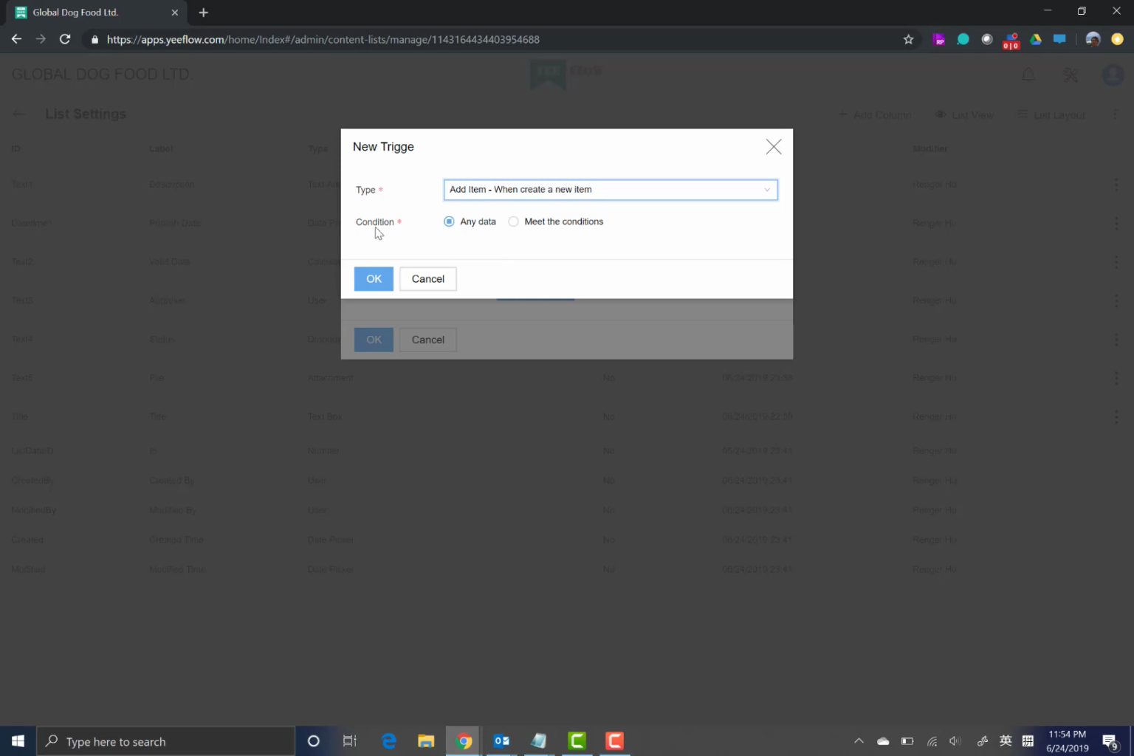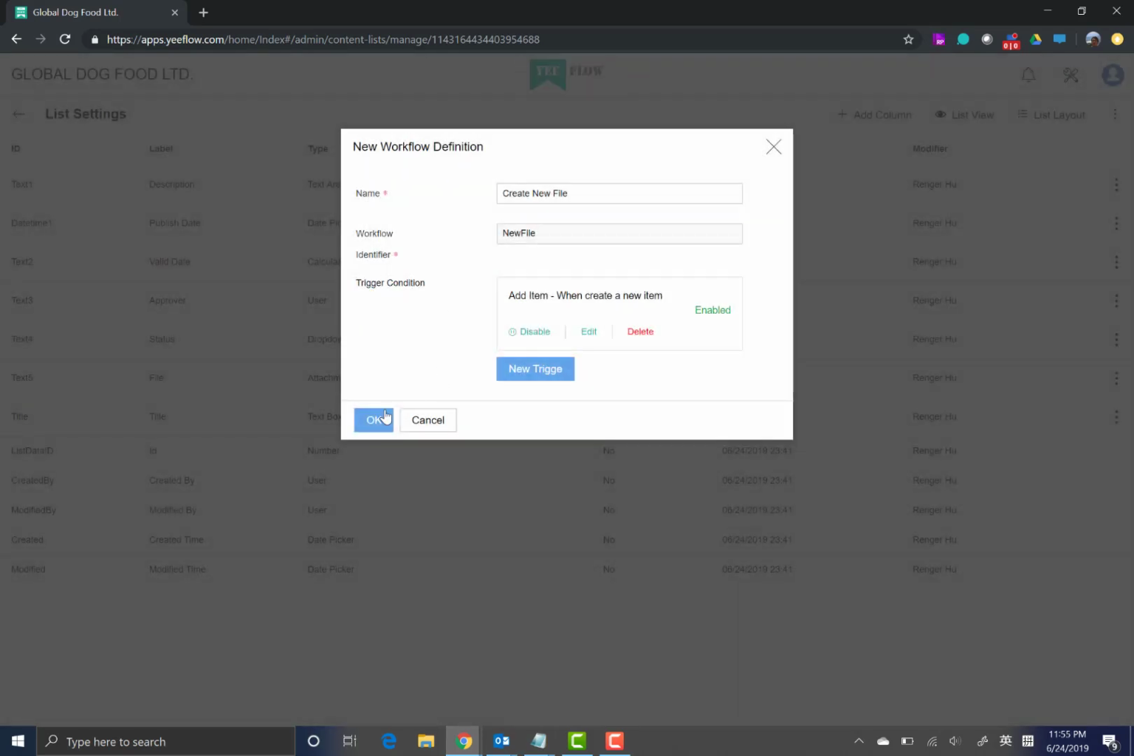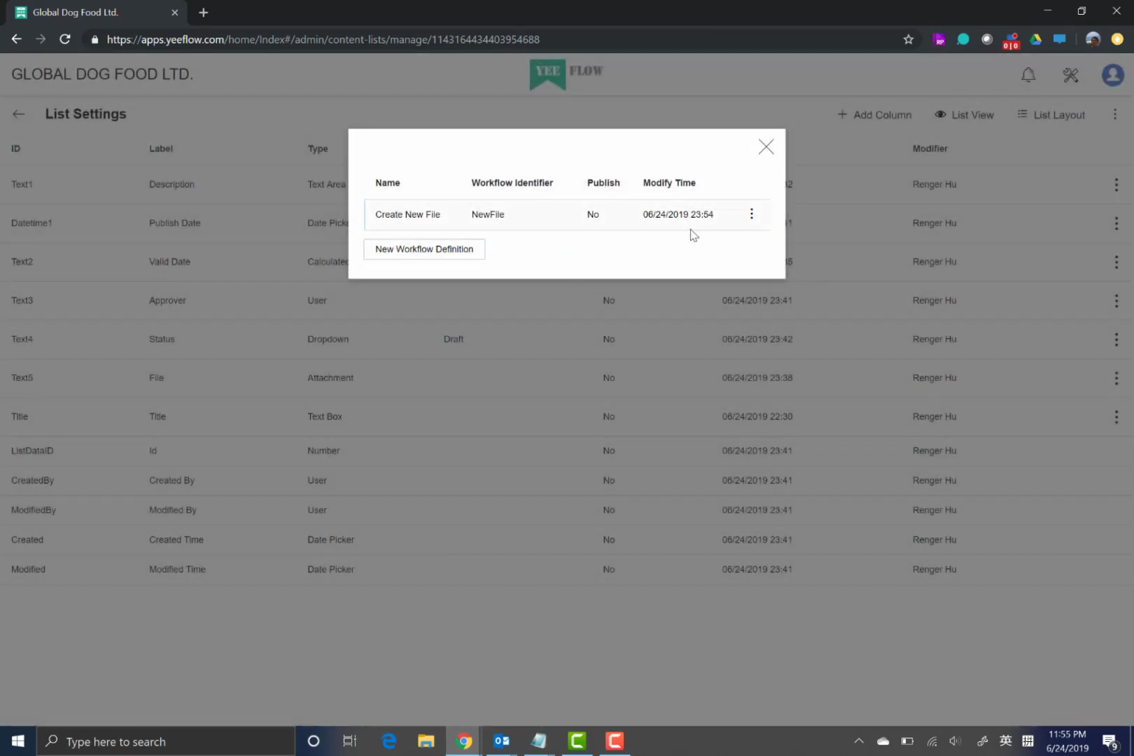You can also set a condition. So for example, if you don't want every item to trigger the workflow, you can add some conditions. So for now, just leave it as any data. Click OK. And click OK. So then let's open the workflow designer